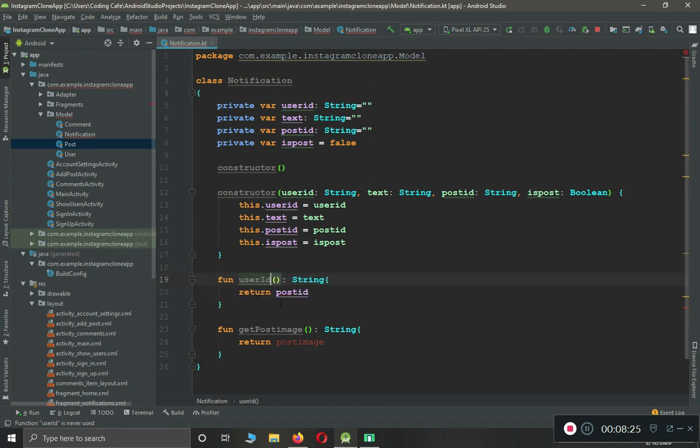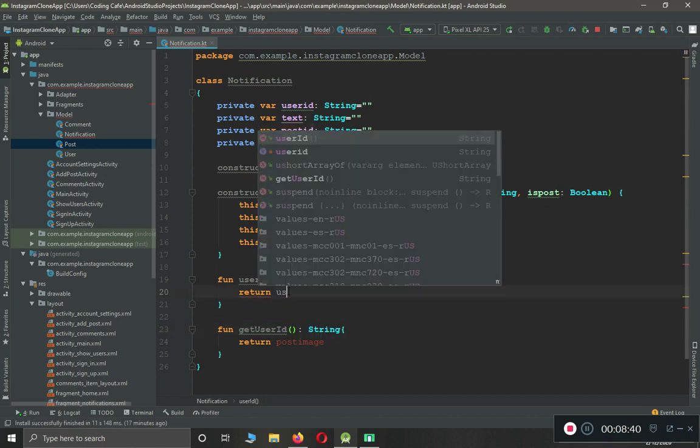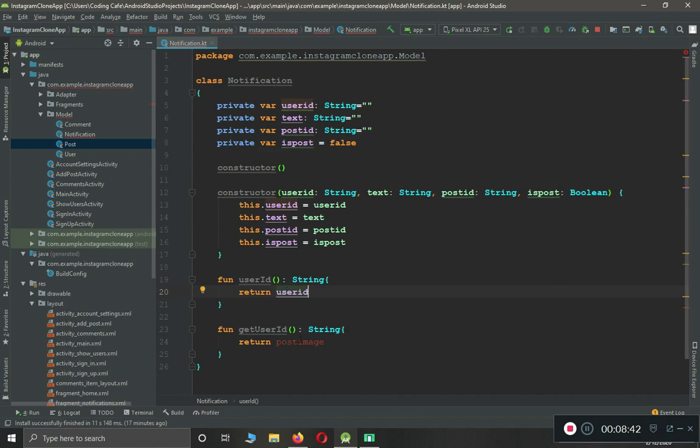And then we have the get user ID, so we can give it name as get user ID, and the variable name is user ID, and also it will return the user ID. By the way, sorry, let's give this name to it quickly, get user ID, and it will return